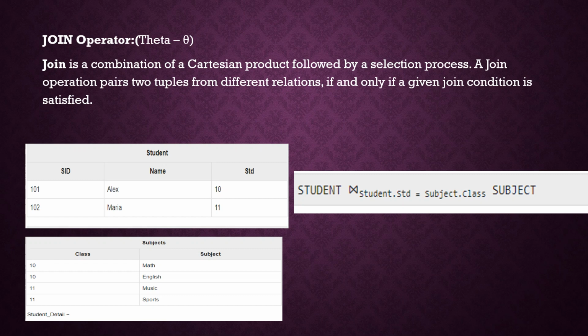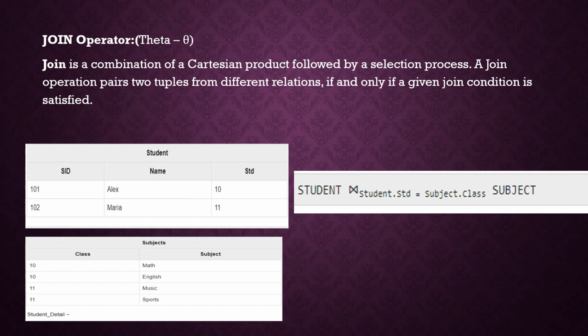So to join these two tables, we can make use of the join operator. Here the join operator can be represented by using this symbol, using cross, and then you are going to cover those crosses here.